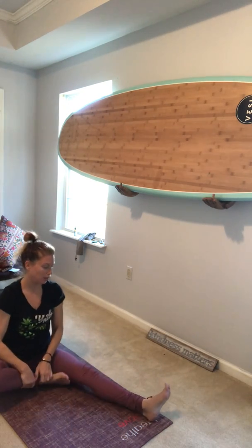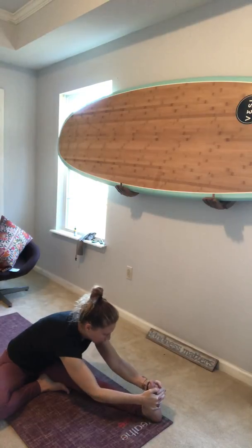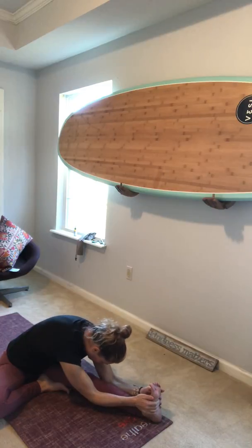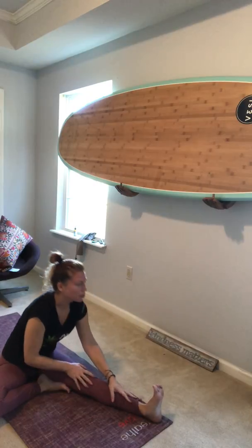Left leg long, right leg in. Twisting the torso to the left. Inhale up, and exhale, hinge forward. Inhaling long, relaxing the shoulders from the ears, and exhale, drop forward, tuck the chin. Inhaling back upright,